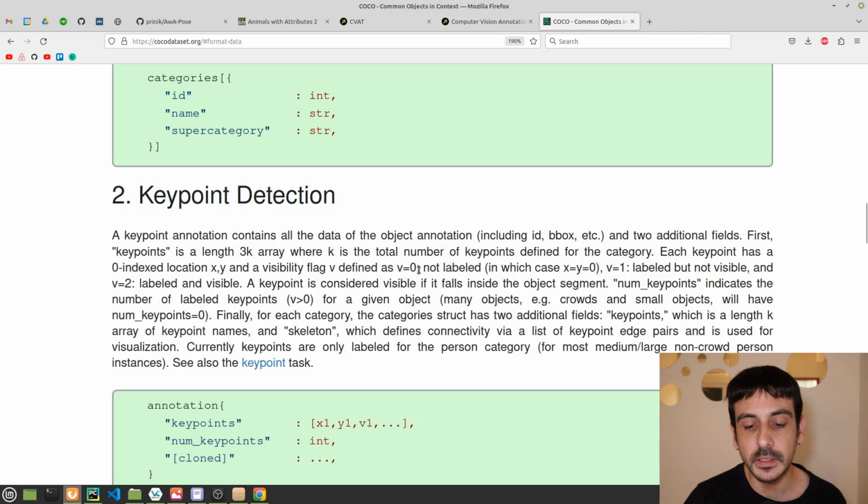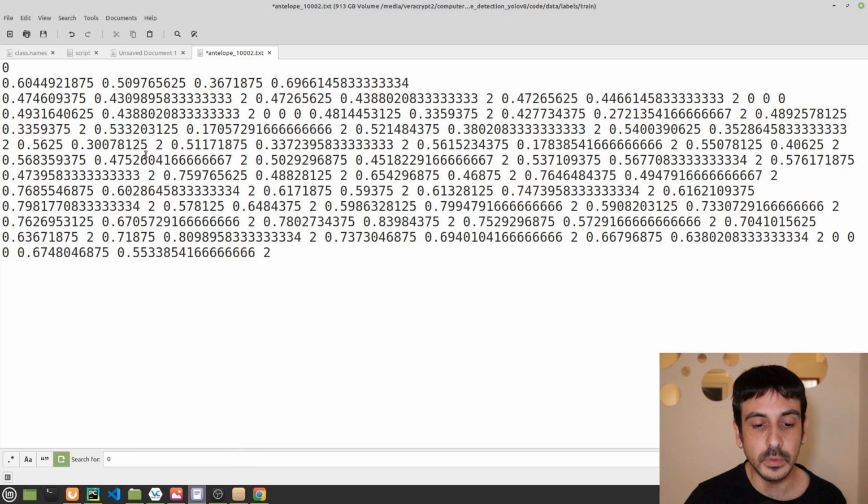B could be 0, and this means that the key point is not labeled, and in this case X and Y are going to be 0, or B could be 1, and this means the key point is labeled but is not visible, or B could be 2, and this means the key point is labeled and it's also visible. And if we go back to this file, to the annotations, you can see that if we